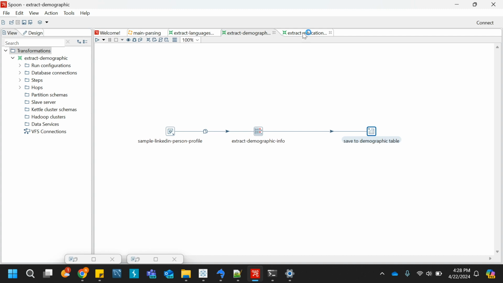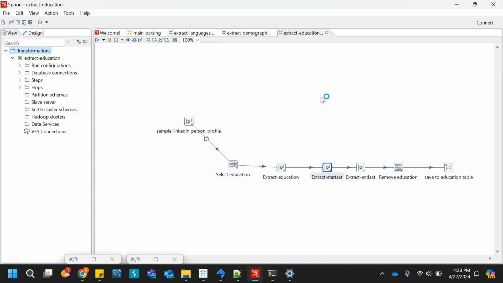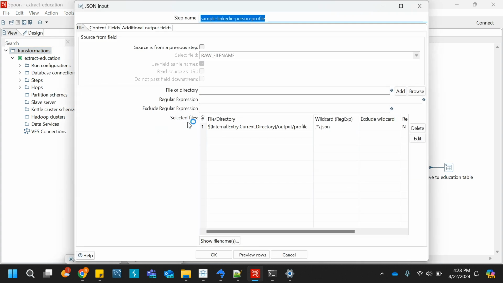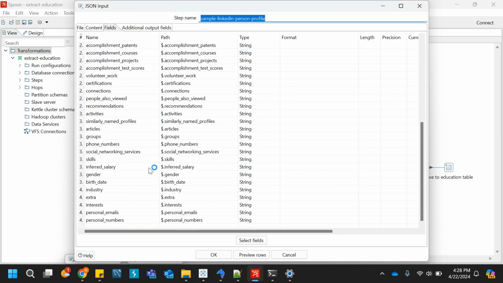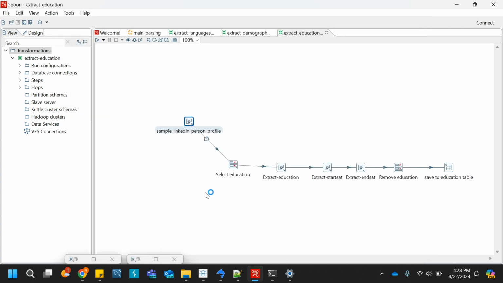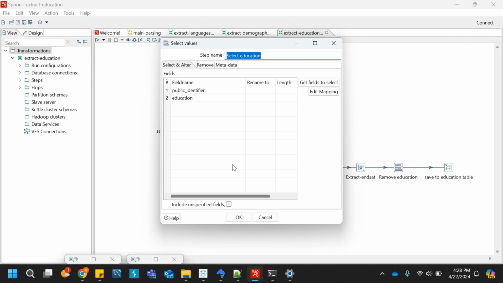In the similar fashion, we can extract the data and store it in the education table as well. So the first step will be the same. Using JSON input, we will give the path of the JSON files, and it will have all the fields available in the JSON file. And in the next step, we select values. In this case, only we need education and public identifier, and the public identifier is the key which needs to